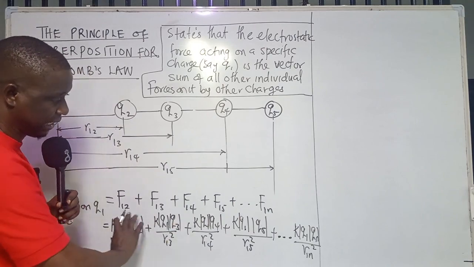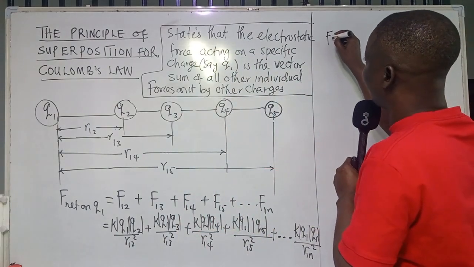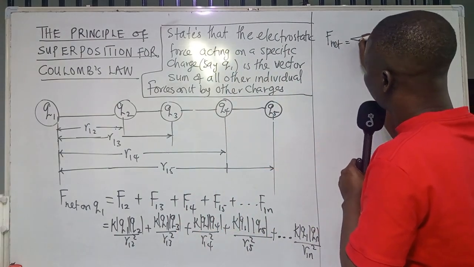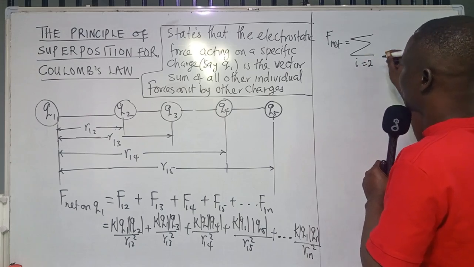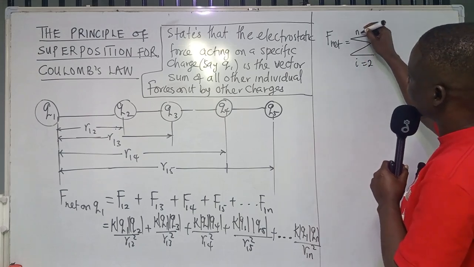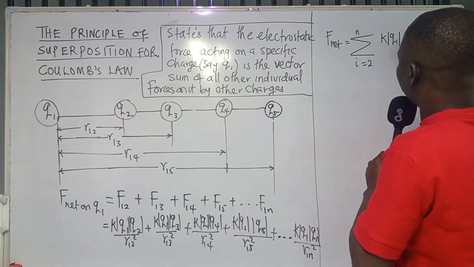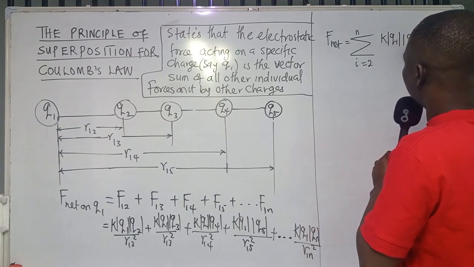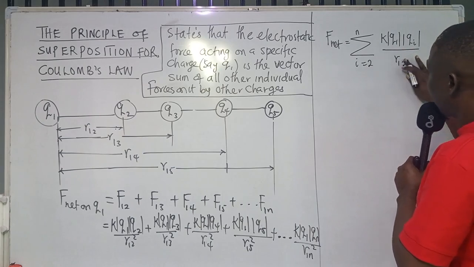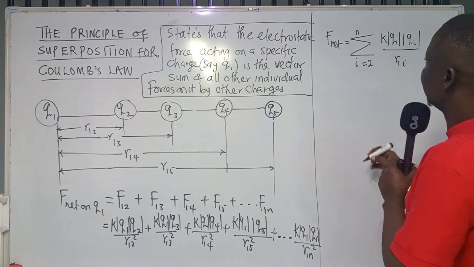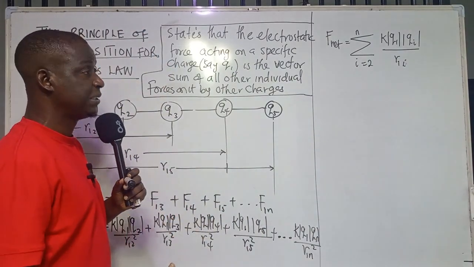So in that case, now we check. We can write this particular one in a what? Let's say the net force can also be the sum, starting from i equal to 2 down to N, of k Q1 Qi over r1i. So this is a representation of the vector principle of